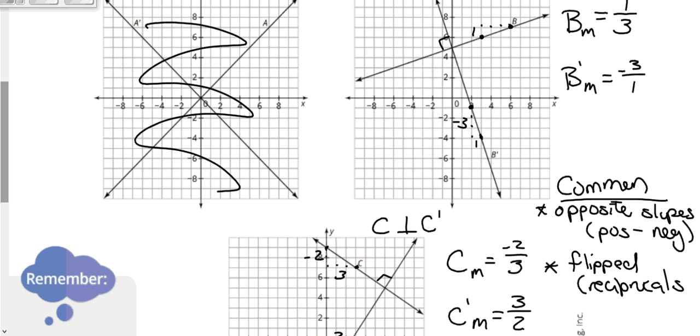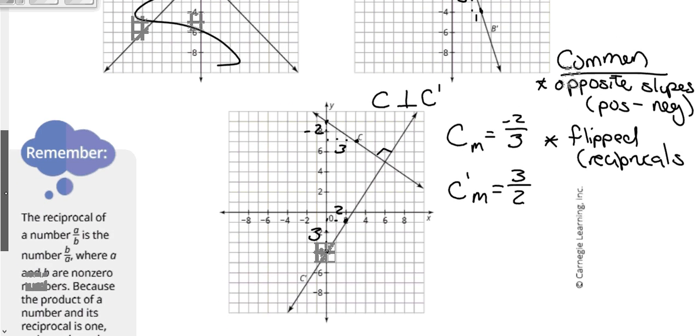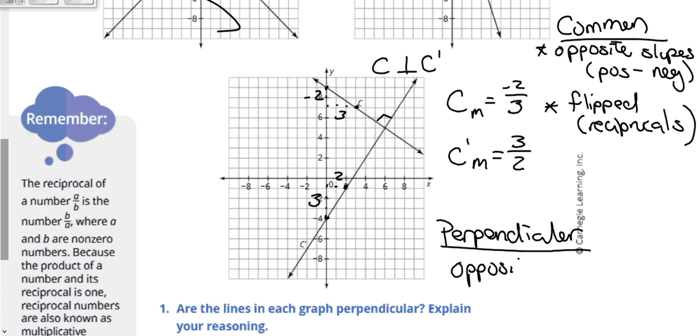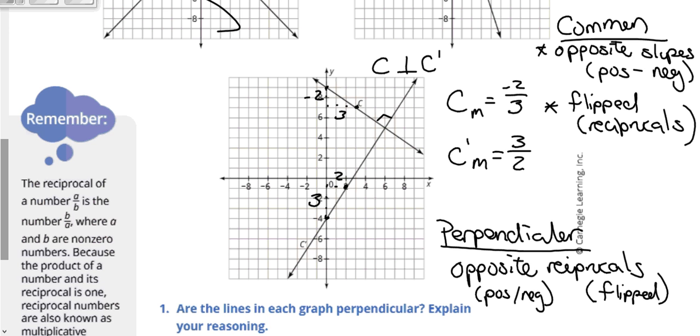So we would say that perpendicular slopes, because we know they're 90 degrees, we know they're perpendicular, so we know that perpendicular slopes are opposite reciprocals, which means one is positive and the other is negative, and they are flipped of each other. Now remember, parallel lines